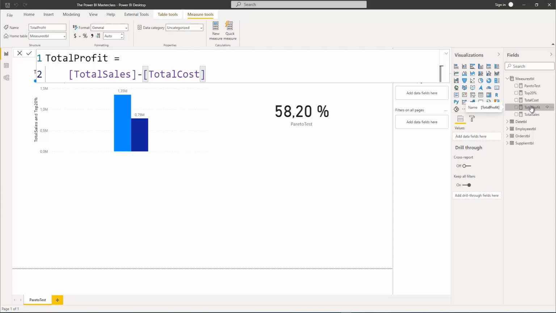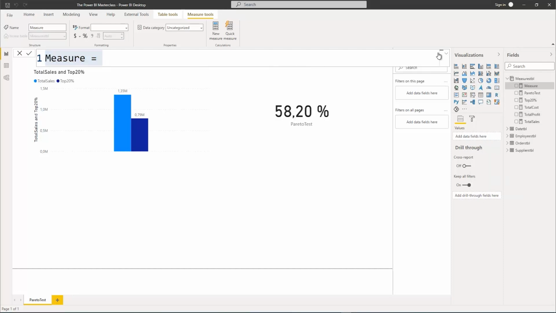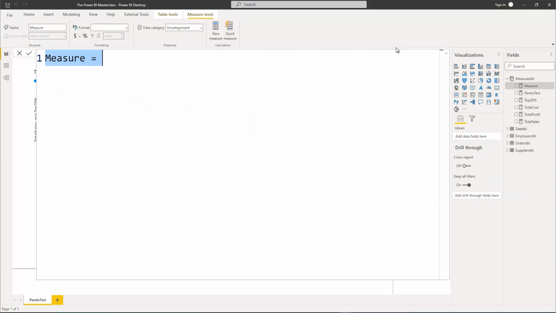Then additionally, I'd like to also calculate the total sales last year, as well as the total cost last year, and therefore also the total profit last year. Okay, let's do that. Let's right click here on the measures table and say new measure and use some kind of time intelligence here, right? For the measure itself, let's say this will be the total sales, to spell it correctly, of course, total sales LY for last year is equal to,